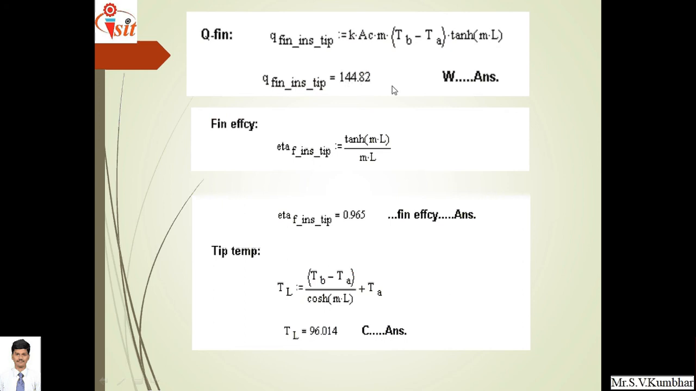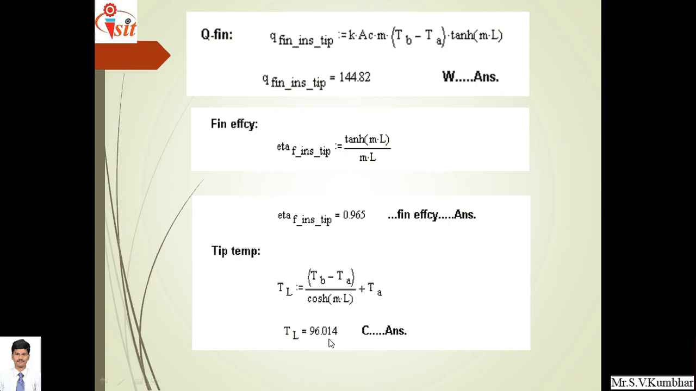144.82 watt. Its fin efficiency is given as hyperbolic tan ml upon ml. Substitute all values, we will get its efficiency as 0.965, that is 96.5%, and tip temperature TL is equal to (TB minus TA) upon hyperbolic cos ml plus TA. So its tip temperature TL is given as 96.01